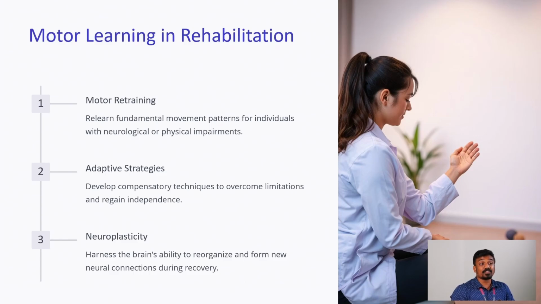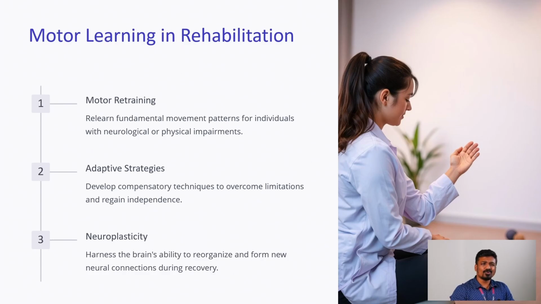Second, the adaptive strategies. Motor learning also helps in developing adaptive strategies for individuals with physical limitations. For instance, someone with a lower limb injury may learn to use crutches or a prosthetic limb effectively. Adaptive techniques allow individuals to compensate for their physical limitations and regain independence in their daily activities. Third,